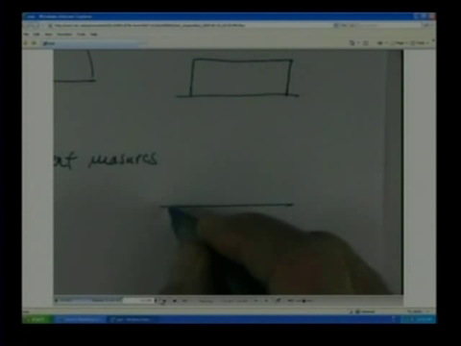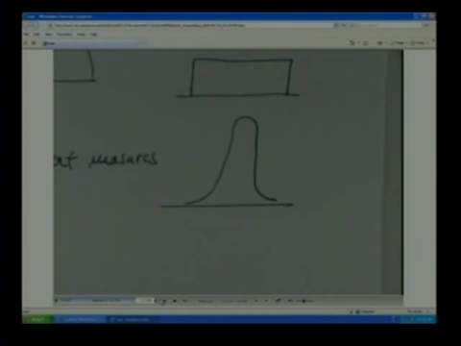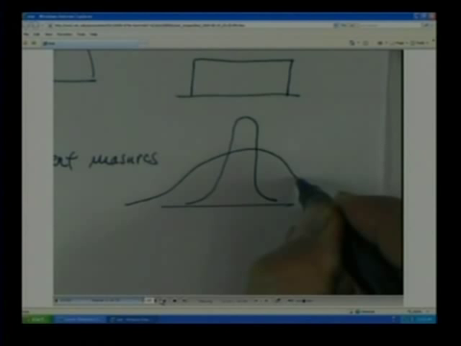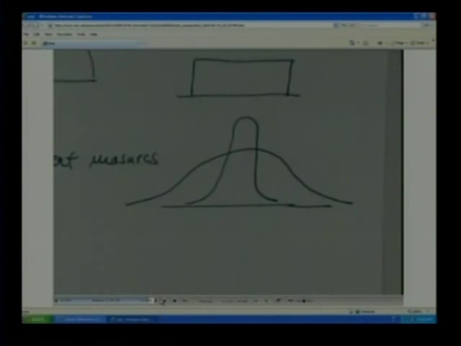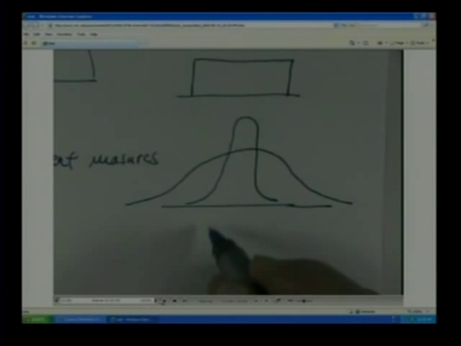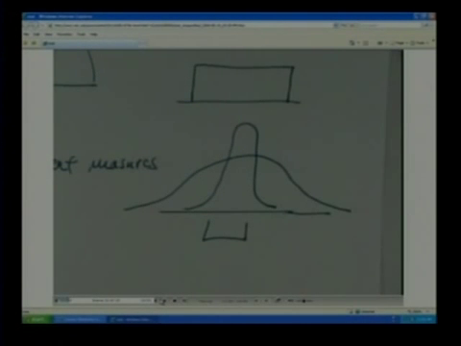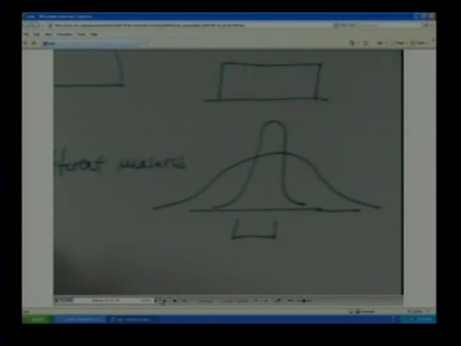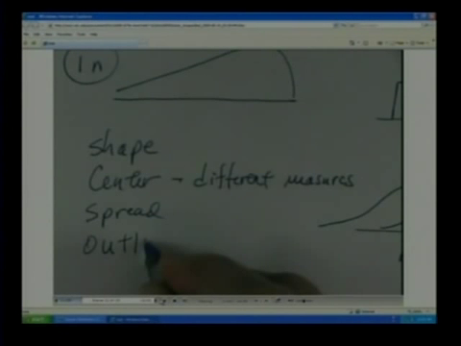For example, a distribution that looks something like this would have very little variability, whereas a distribution that has something like this would have a lot of variability. If you were trying to predict consistency or identify something that was consistent, this is a whole lot more consistent than the one that's spread out or flattened out more. But that's a measure of the spread, and we'll have some measurements that we can go through and measure the variability with. We'll also have a measurement of the outliers,